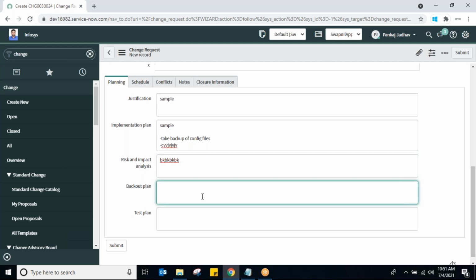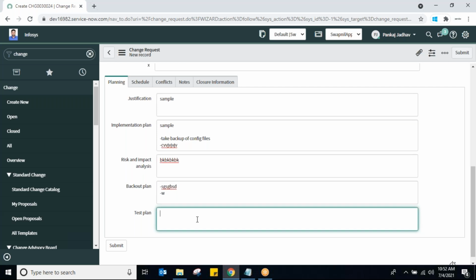In case the person fails to implement the change, or after implementing the change, something is going wrong due to which it is not successful. Might be the person came with a RAM stick and it was not compatible and the change was unsuccessful. In that case, do they have any backup plan? State it over here. How to roll back the change is what the backup plan is. Okay,